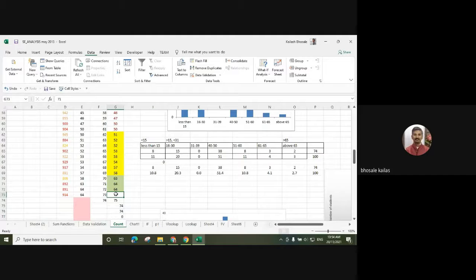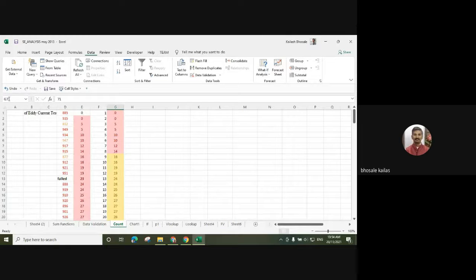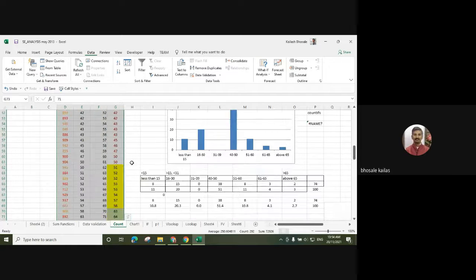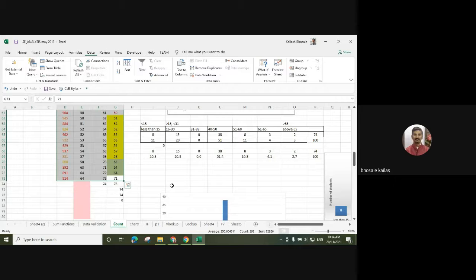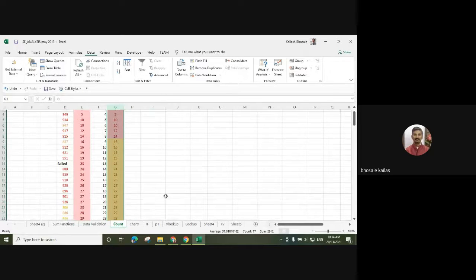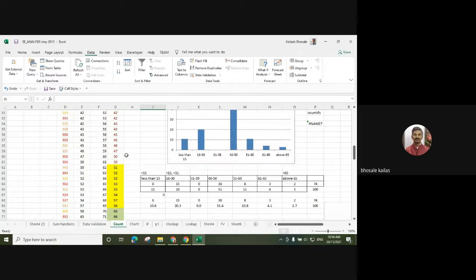Suppose I will make a table, add the border to this one, select all the data. These are the numbers. Okay, only this data is taken. There are 74 values.